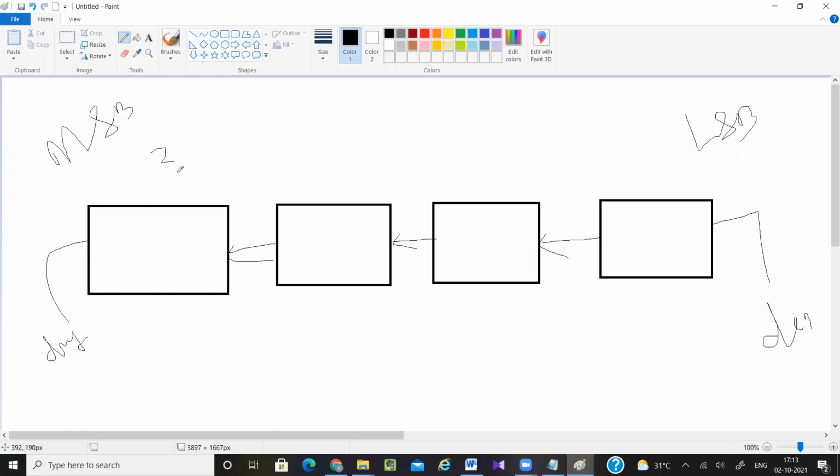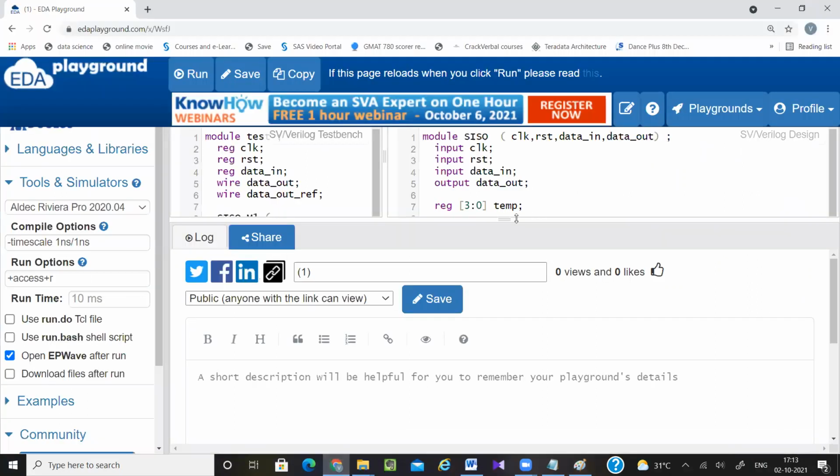So this is my temp 3, temp 2, temp 1, temp 0. Then what I have to do? Earlier I wrote temp 3 equal to temp 2, temp 2 equal to temp 1, temp 1 equal to temp 0, temp 0 equal to D in. I just have to reverse the assignment direction.